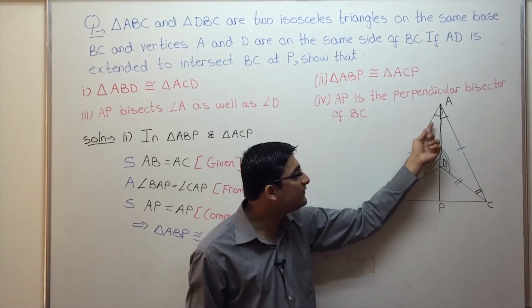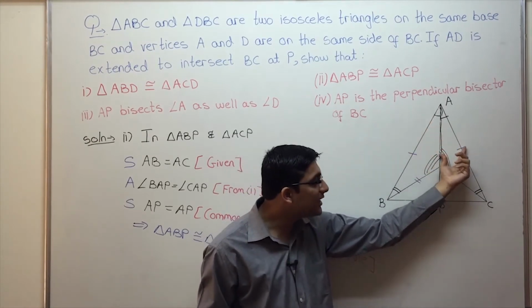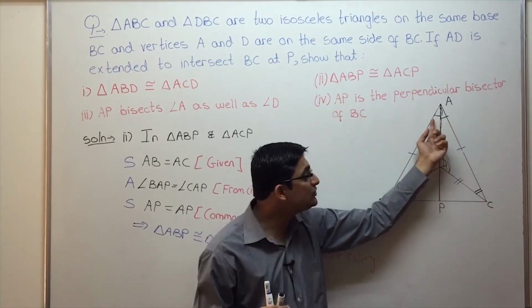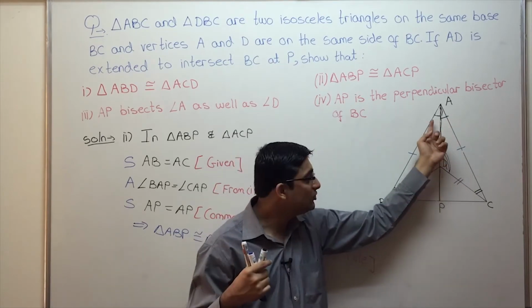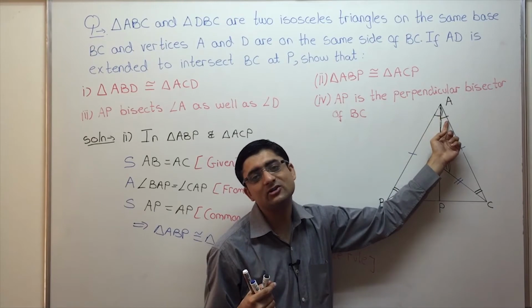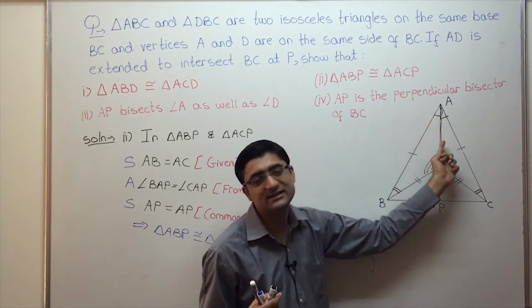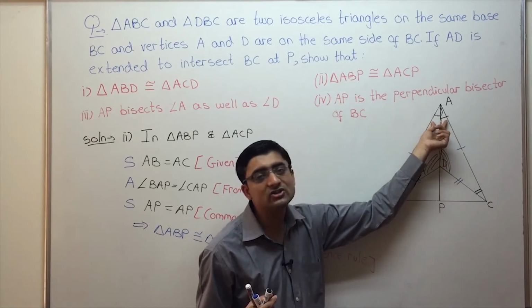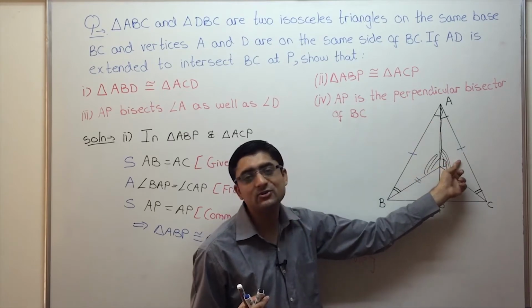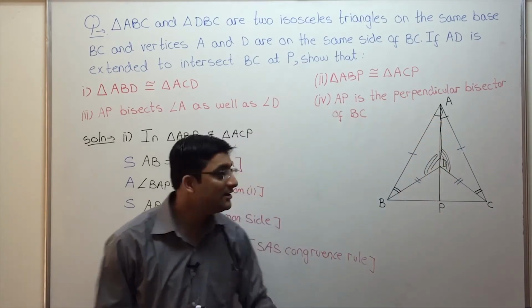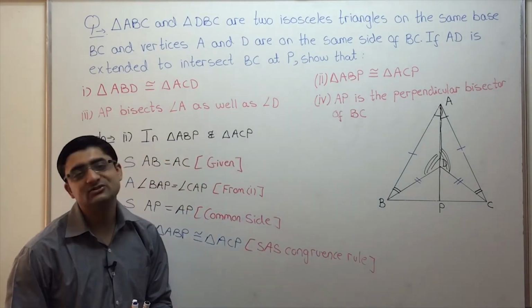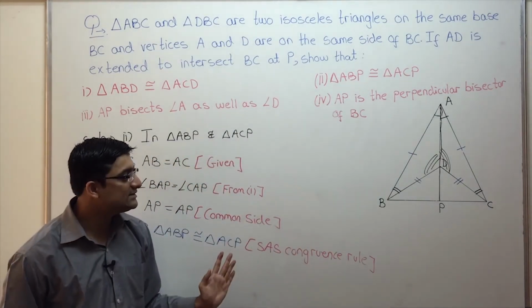What is the included angle over here? This. What is the included angle over here? This. That means you have to show these two angles to be equal. So in case you forgot in the first part to show it, you'll see over here that I have to show these two angles to be equal. Only then can I apply SAS criteria. How can I show these two angles to be equal? We just showed these two triangles to be congruent. So by CPCT, show them to be equal and then they'll come, right? So by SAS criteria, these two triangles are congruent. So now we're done with the second part.